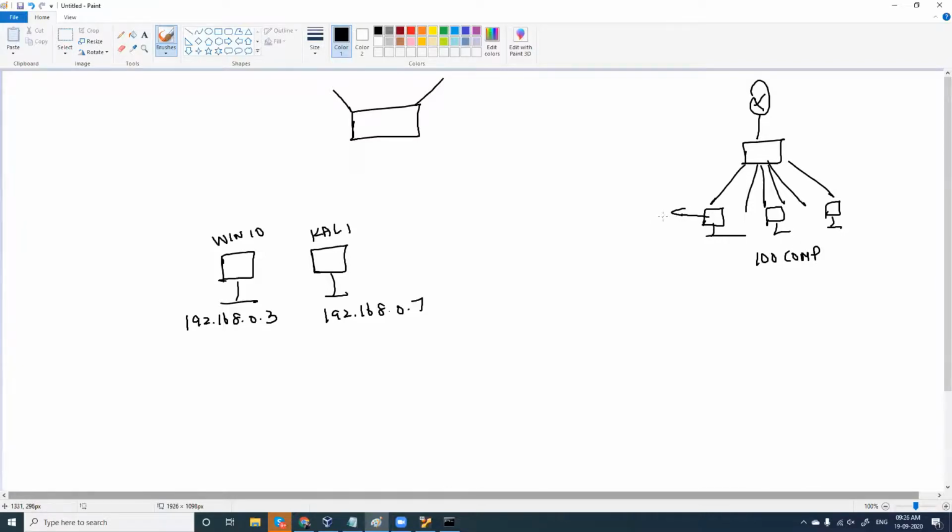I gave you this example. You are sitting at this computer here. Now your manager walks to you and asks, okay, Shankar, how many computers are on? How many devices are connected? I need all the IP addresses. He is requesting how many computers are on and what the IP address and MAC address of all these devices are, right?